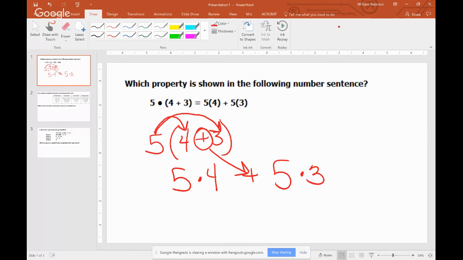And so all you have to be able to do is identify that this is called the distributive property. You might see all kinds of wrong ways to do this. The key is that you're doing 5 times 4, and the way that they have it in this problem is 5 and then 4 in the parentheses with no sign in the middle, which still means multiply. They still have addition in the middle, and then 5 times 3. It's a way we can write the distributive property.